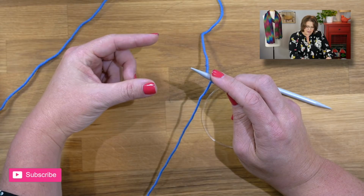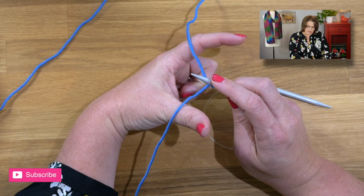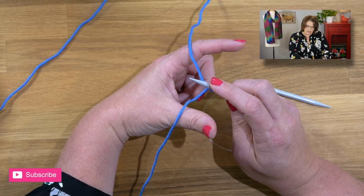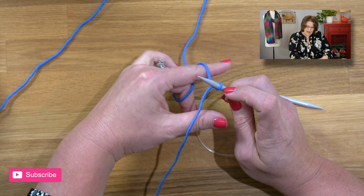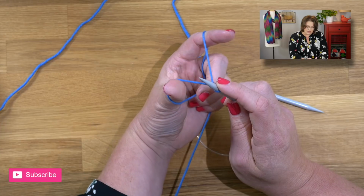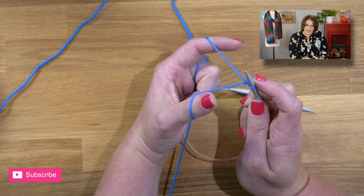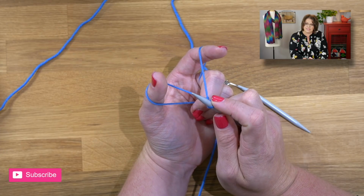I will now take my thumb, go underneath the tail, take my finger, and go underneath the working yarn. I want these 2 yarns to be somewhat snug around my finger and my thumb, so I am going to grab the ends of those 2 yarns and hold them in the palm of my hand. You can see here I have what would be, similar to a slingshot, and this is where we will begin